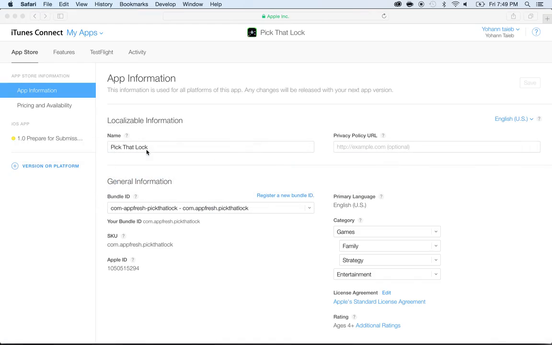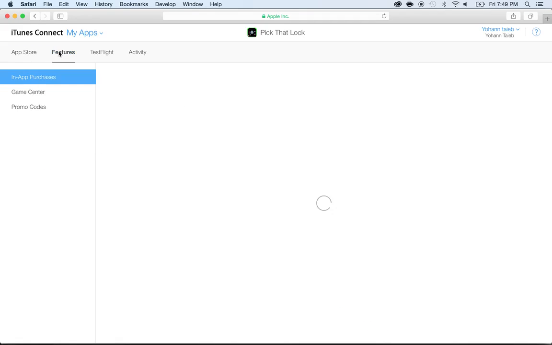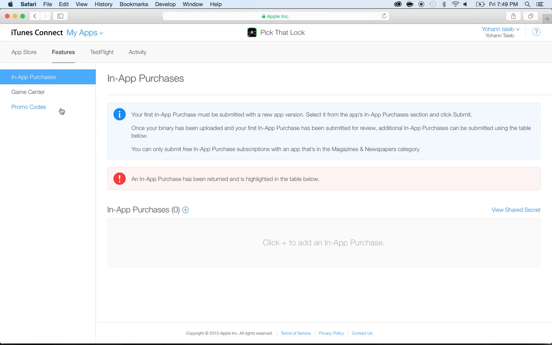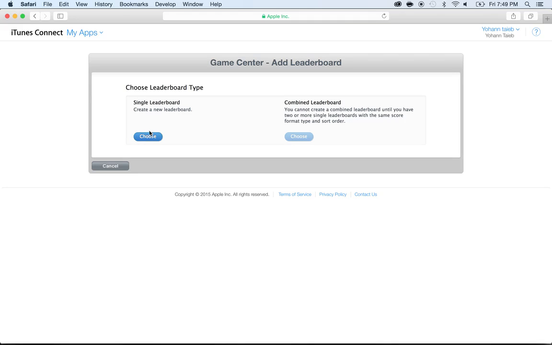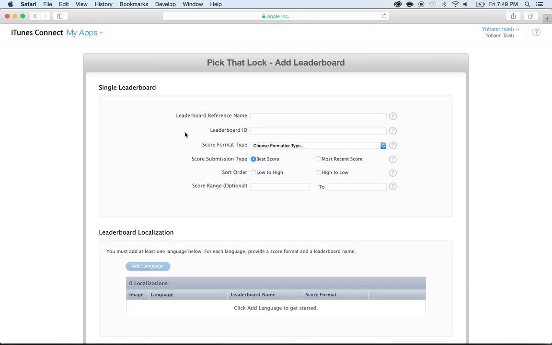Go to Safari or any web browser, get inside of your app and click on features. Once you're there, we're gonna go to Game Center. And here we're gonna create a new leaderboard. Click on plus and click on choose a single leaderboard and give it a name. I'm going to call this one Pick That Lock